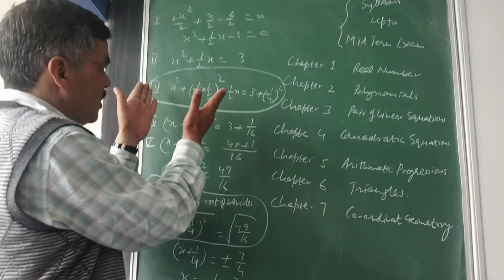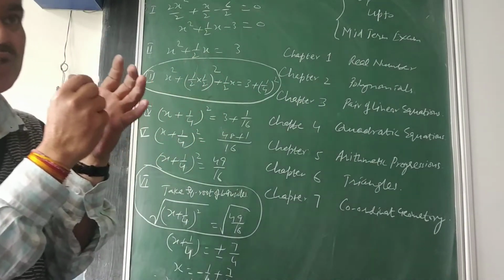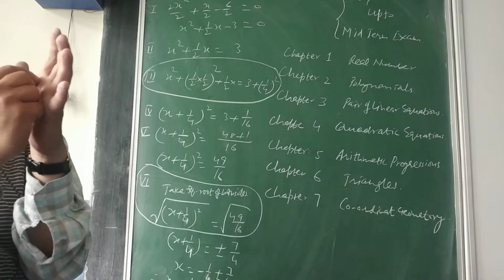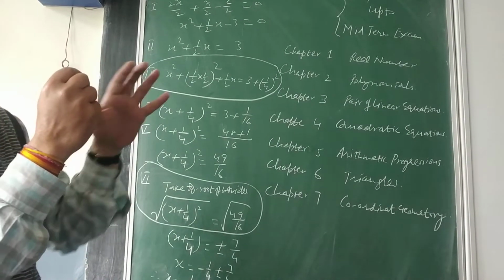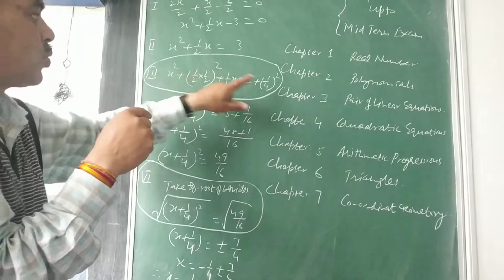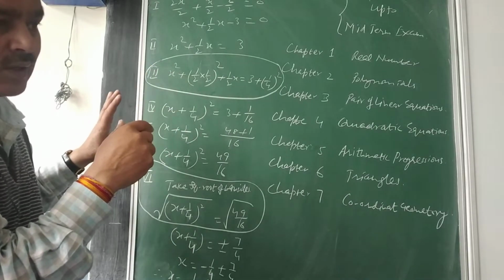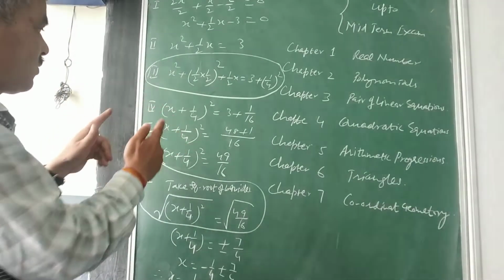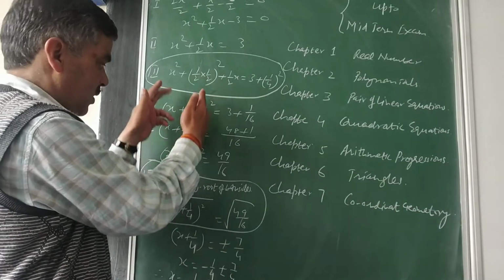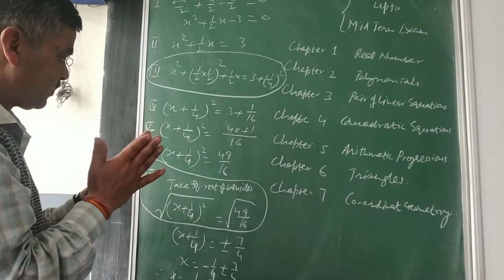So this step, if you are asking about the trick we are playing, simply I need to add the square of half the coefficient of x to both sides, just to make the left hand side a perfect square. That is the purpose only. And then identify what is a and what is b. That I have done. The rest of the part depends upon the calculation only.